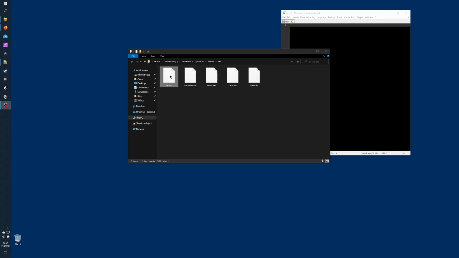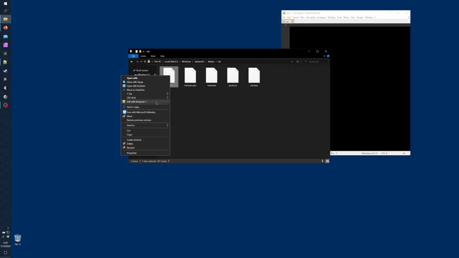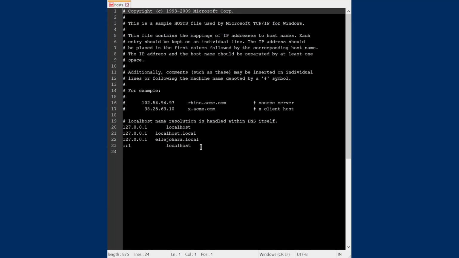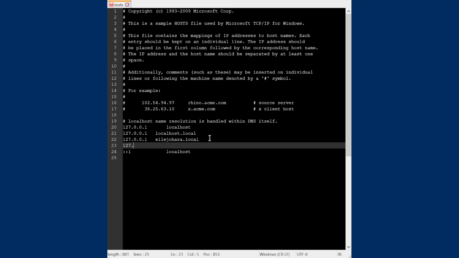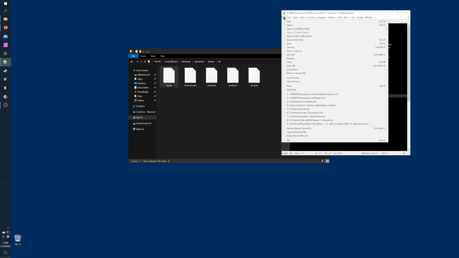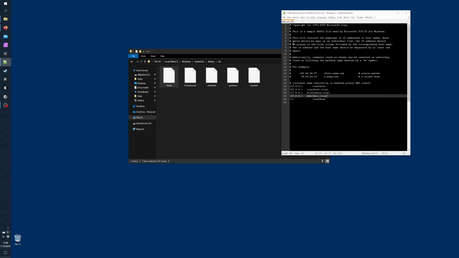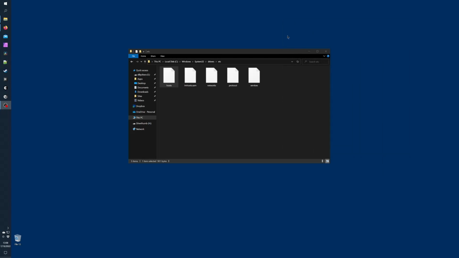Windows will ask you if you want to continue. Say yes. A new Notepad++ window will open in Administrator mode. Now you can right-click on Hosts and open it in Notepad++. Here you want to add a new line above the bottom line and type in 127.0.0.1. Then press the Tab key and type webcomic.local. This tells Windows what IP address to look for with a given URL. Since the IP address for webcomic.local points to the computer itself, it'll look on the hard drive. Save and close.